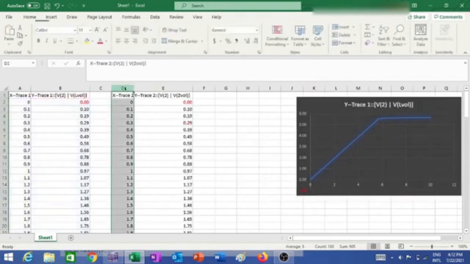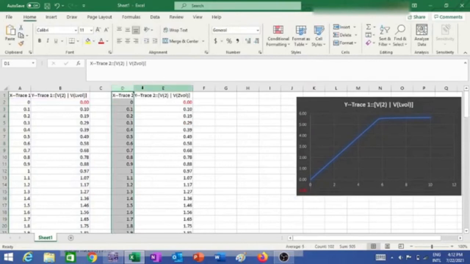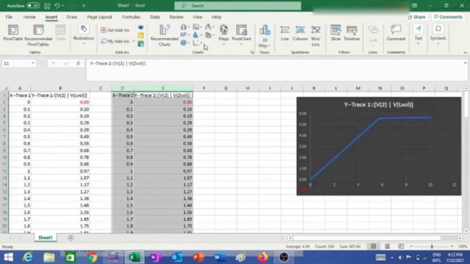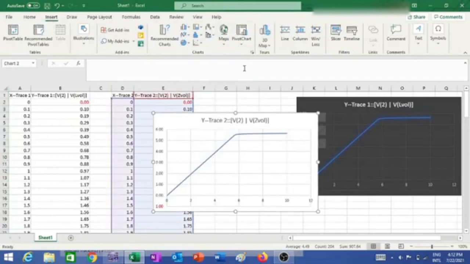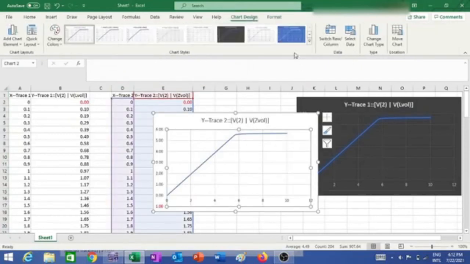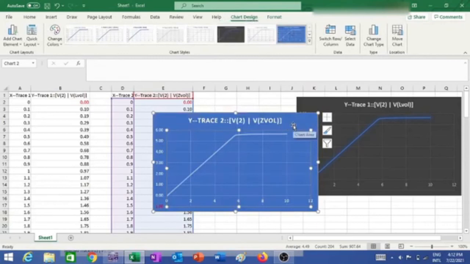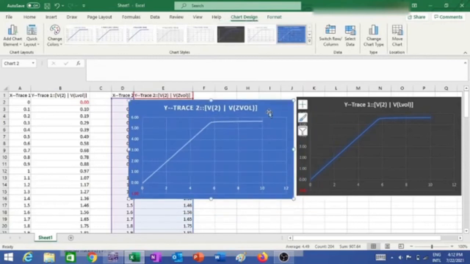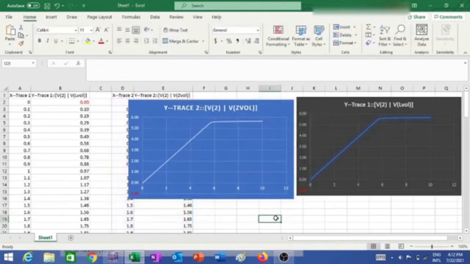Okay, and then I'm trying to plot for Zener, and let's see what is coming out. Yeah, it is coming out almost the same. You can see the load is following the Zener at 9 volt. Okay, at 9 volt it is following the Zener, keeping the load constant. The load is constant, but my input voltage is 9 volt. So we are finding the Zener is working as a voltage regulator.